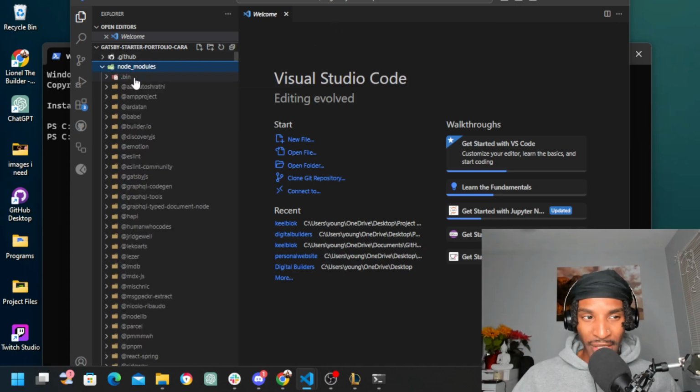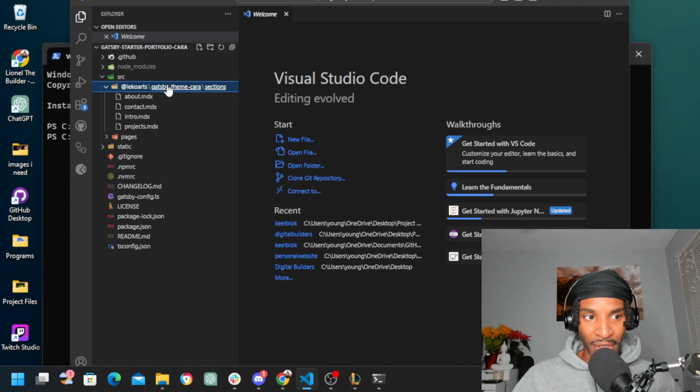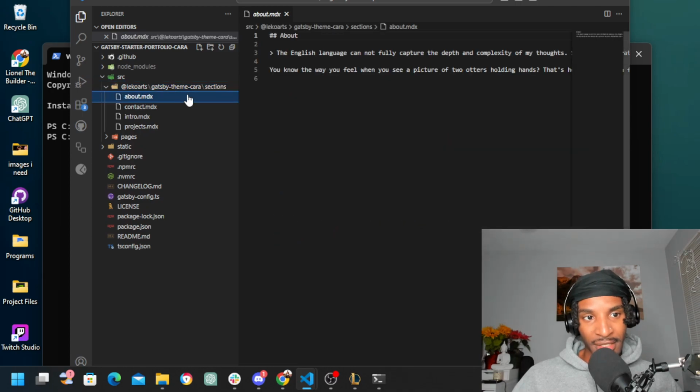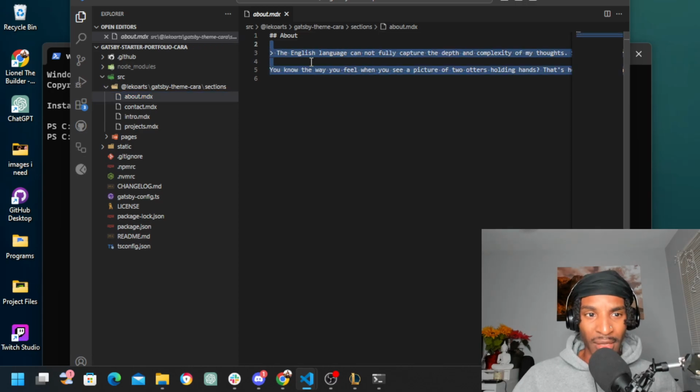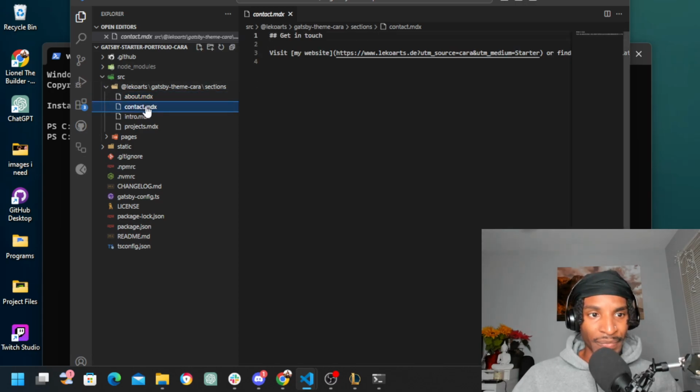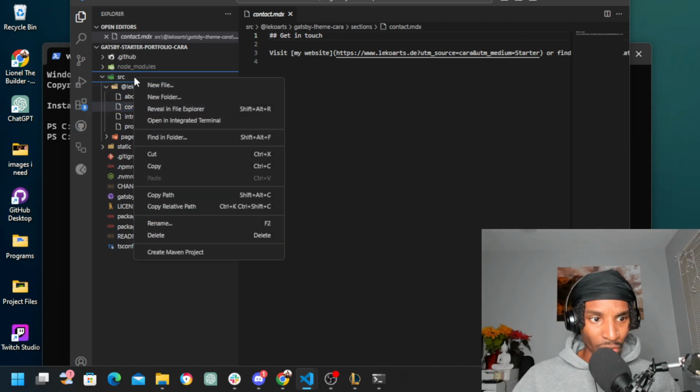We don't even click node modules for real. You're going to go to source and then to this folder, and this is all written in Markdown, which is basically like plain old English. Here's the contact. Oh wait, well first, in order to see everything, you can right click and then go to